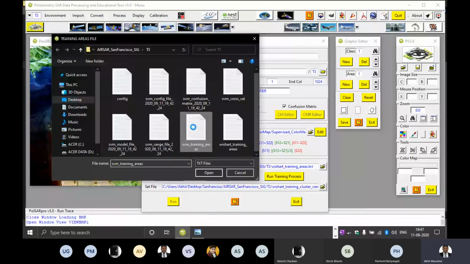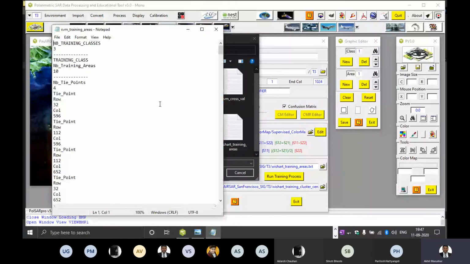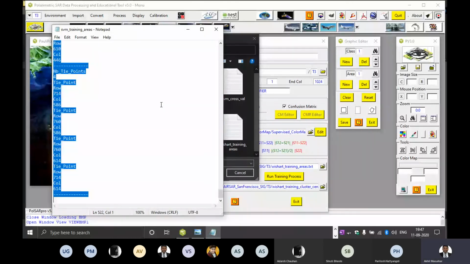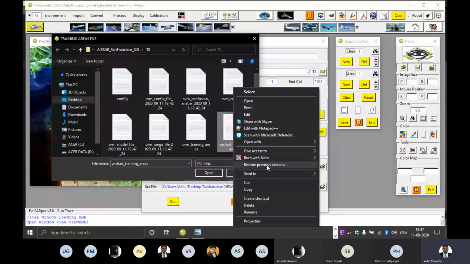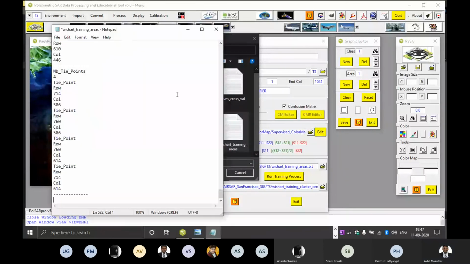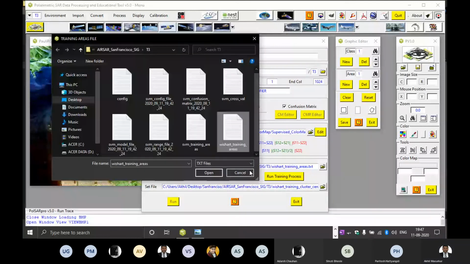First open the SVM training area file. Copy everything from this and put it in the Wishart. And just say Control S. That's it. So open.